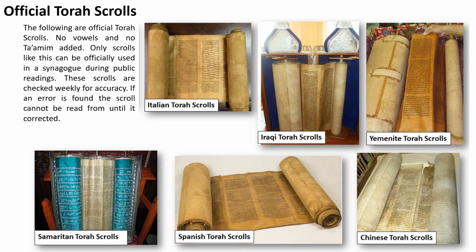The differences are not major differences. There's only about 14, and Torah scrolls contain, I think, over 300,000 words. Out of all those 300,000 words, there's only about 14 differences between those Torah scrolls. And most of them agree. For example, Iraqi and Yemenite Torah scrolls are the same, as well as most Spanish Torah scrolls. You may find a difference amongst certain Northern European ones, but the differences usually are something to the level of the size of a letter.